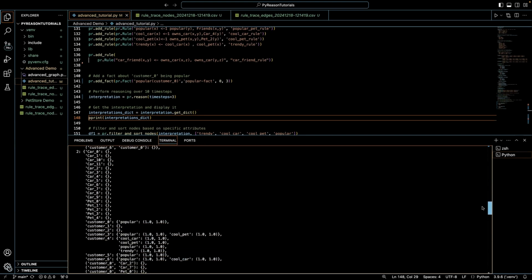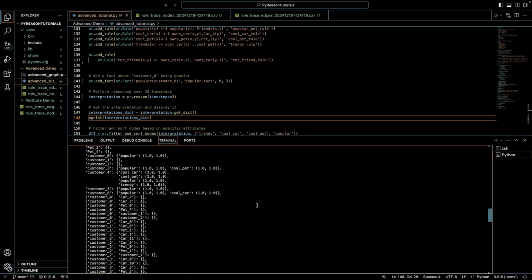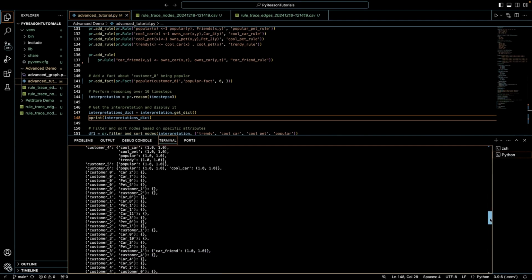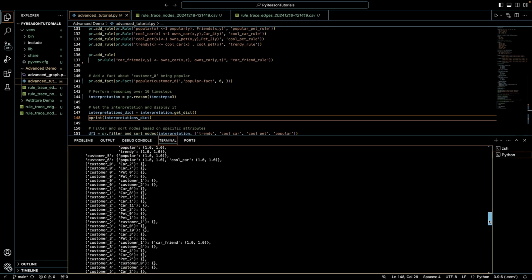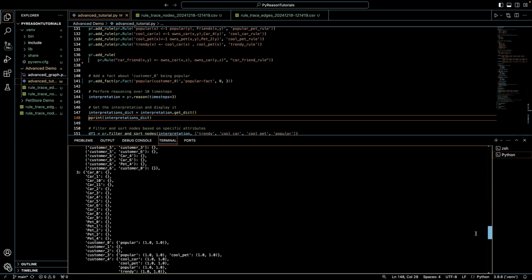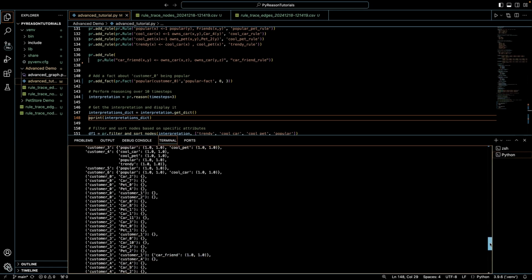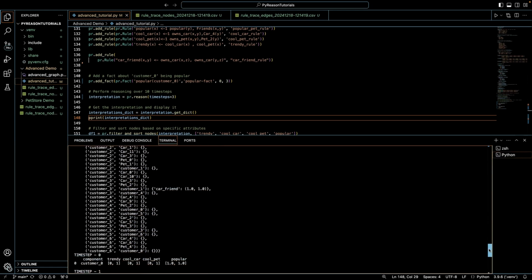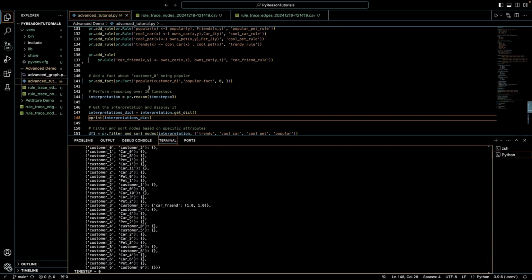And then in time step 2, if we remember, customer 3 is popular and customer 5 is popular because they were friends with customer 4 and customer 5. The triply nested loop doesn't give quite as much background information as the CSV file does, but it might be easier for you to read, or you might not need to know exactly what factor rule or grounded clause changed the bounds. You might just want to know what bounds are changing. So for time step 3, everything is going to be the exact same as time step 2 with no new changes. So that is how you read the